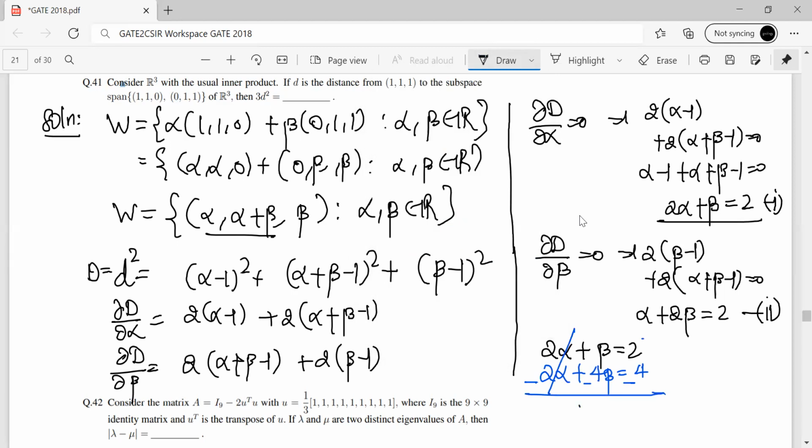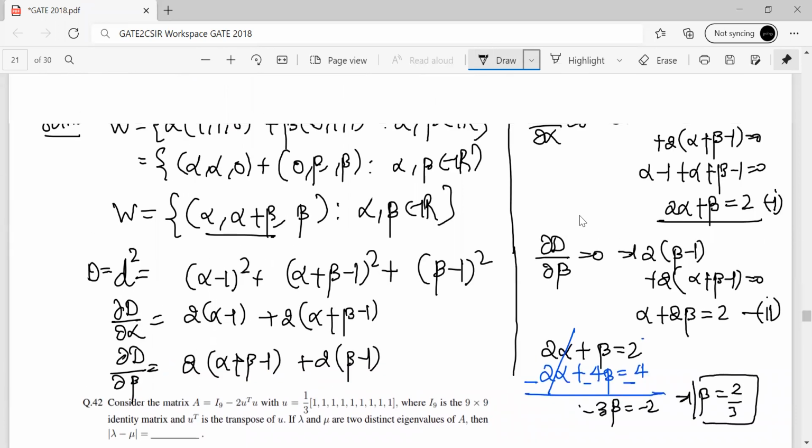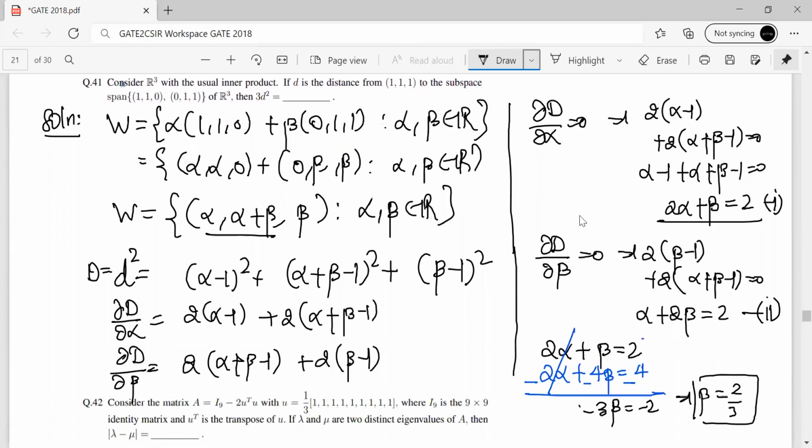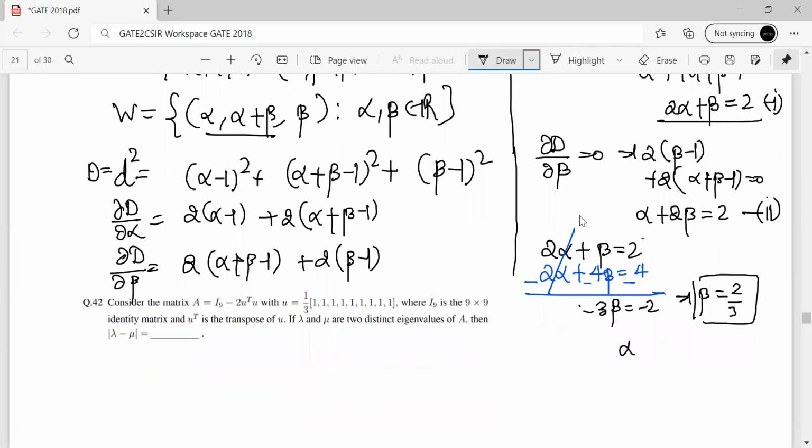Okay. And I get minus 3 beta equal to minus 2. So this implies beta equals 2 by 3. Once I got beta equals 2 by 3, I can find out alpha. Okay. I can find out alpha now. So alpha is given by